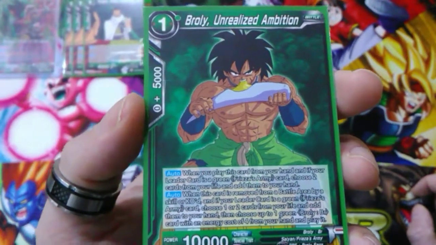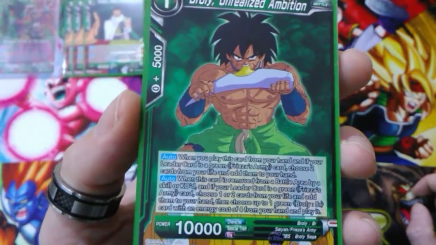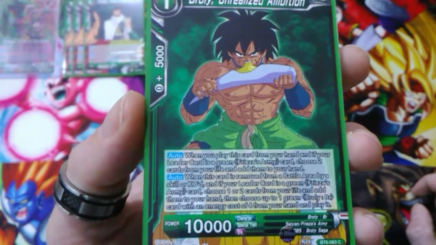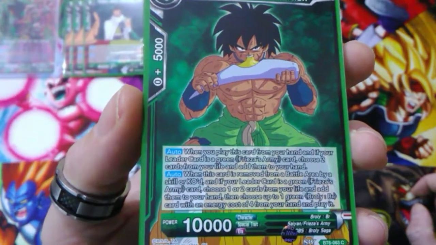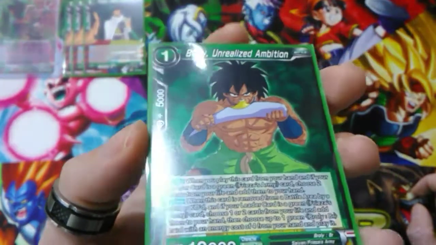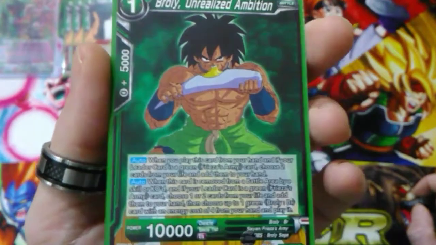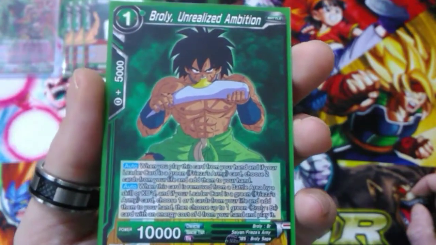So Broly, Unrealized Ambition, he's a 1 energy cost of green, and so when you play this card from your hand, and if your leader card is a green Freezer Army card, choose 2 cards from your life and add them to your hand, and this is where your leader card will come into play on either side. So on your unawakened side, you just strike 1 life during your main phase, and